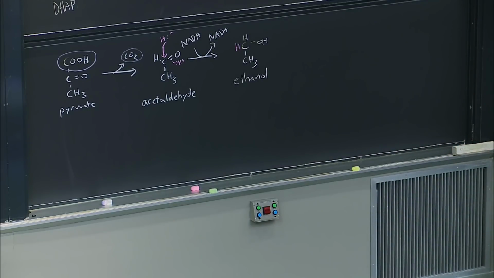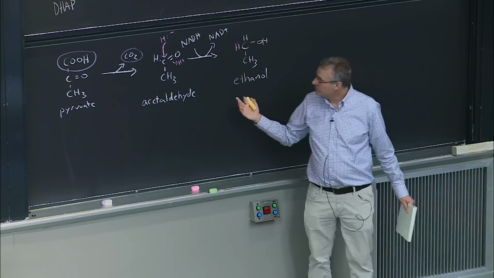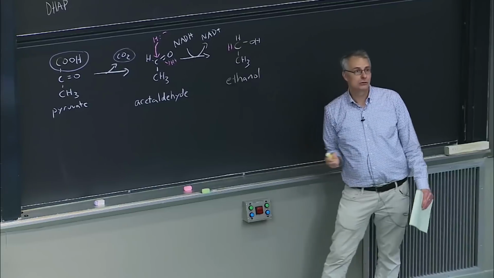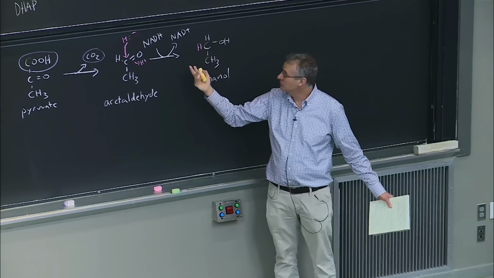So the fermentative part is turning the acetaldehyde into the ethanol because that allows you to dispose of those 2 electrons,